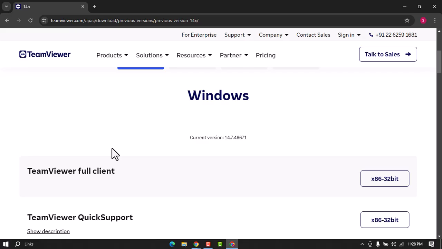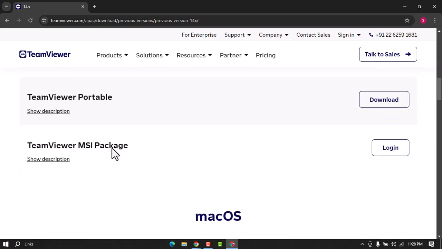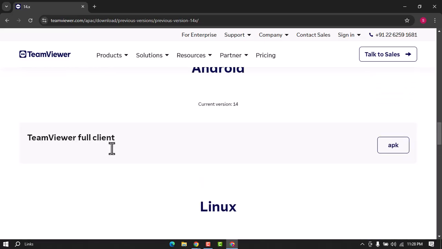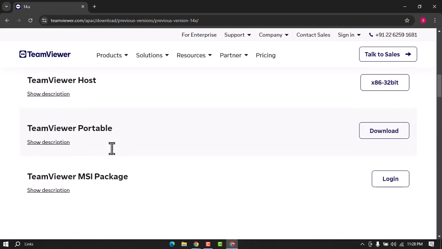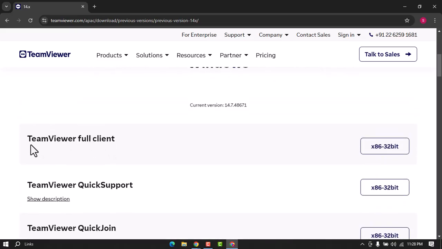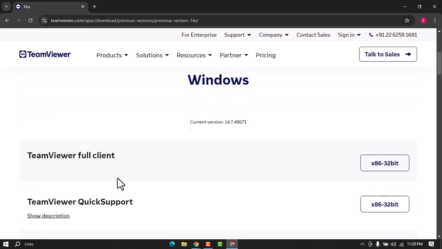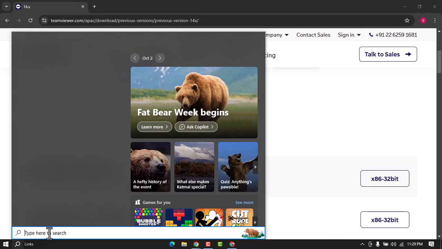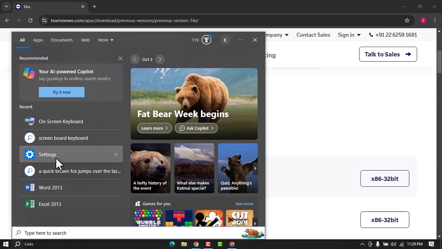And here you will find different versions for Windows, Mac OS and Android, and Linux also. So we need our Windows one, and here we will download TeamViewer full client. And you must check whether your PC is 32-bit or 64-bit, so all you need to do is head over to your search option and search for settings